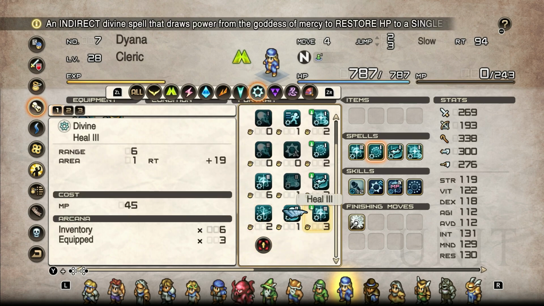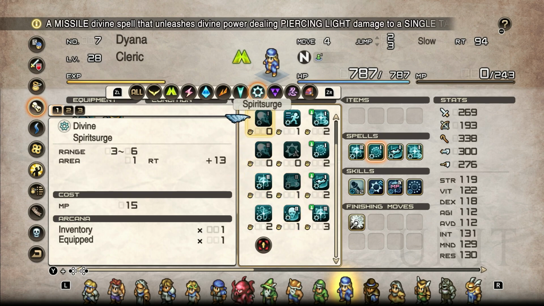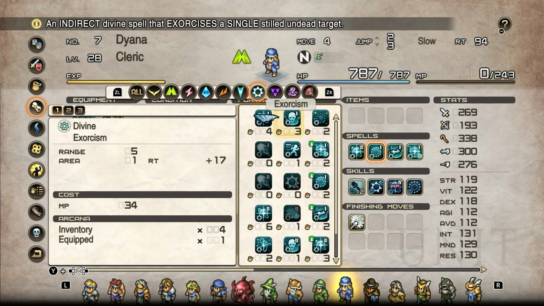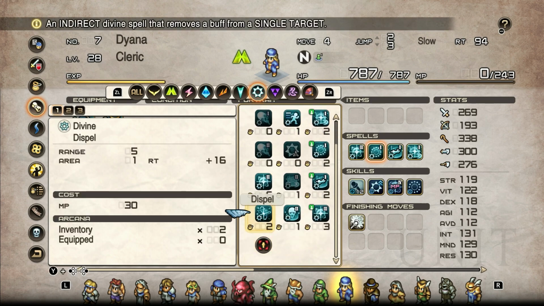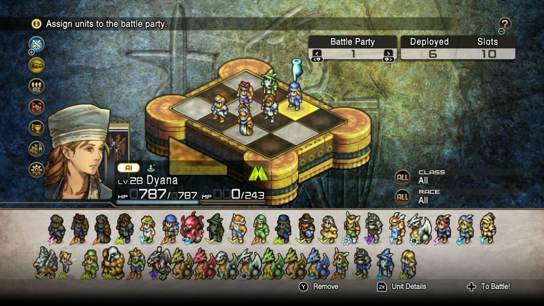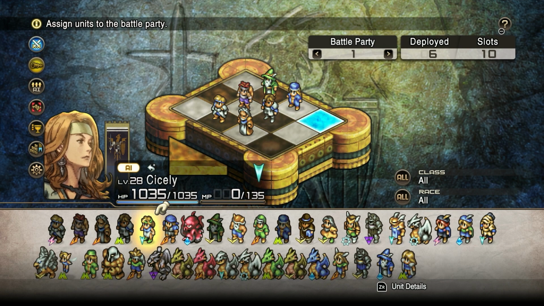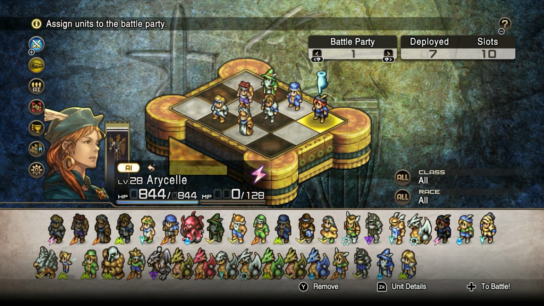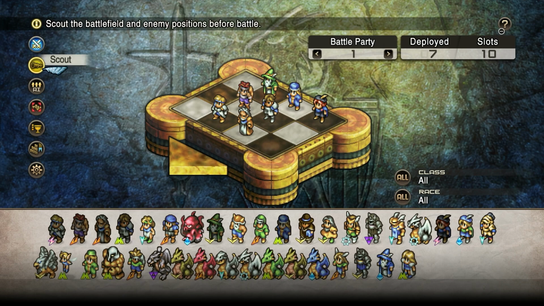Okay, you got rank 3 heal. I wonder where we're going to get major heal. I want that. Then, yeah, maybe we'll keep resurrect on there. Alright, we're going to bring in Aracel. Now, I don't think there's a lot of... maybe I should bring